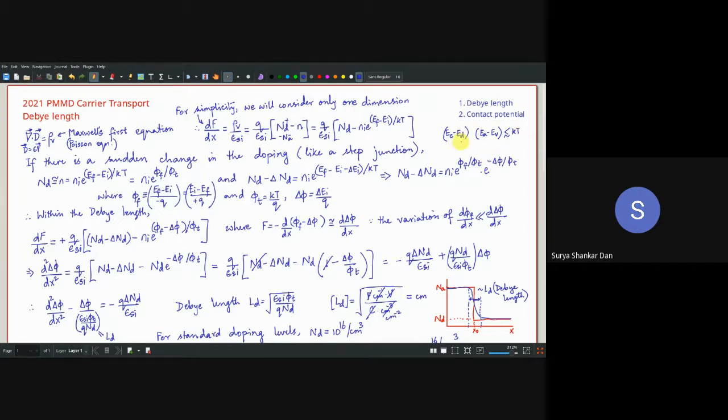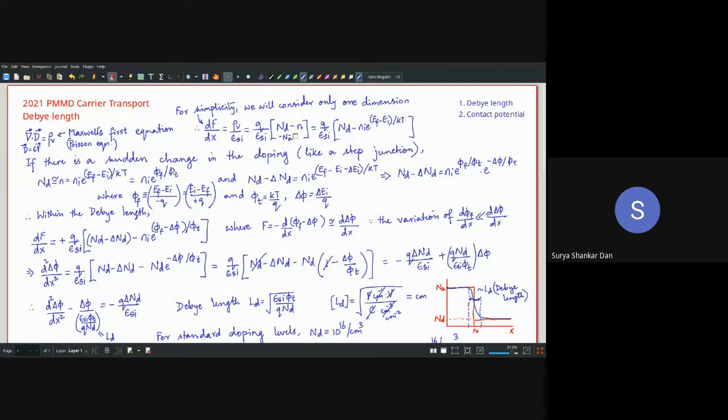Remember that concept? What is that called? Shallow dopants. Okay, so as long as we are following the concept of shallow dopant, we will always imagine that whatever is the concentration of the dopant atoms, we are going to have an equal number of dopant ions. So that means it is going to give away exactly ND number of electrons.